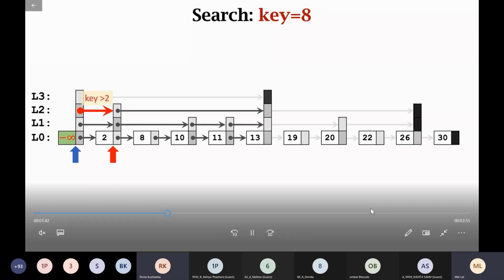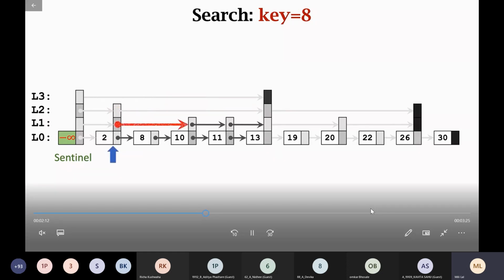Yes, it is connected to node 13. So you have to go one step below node 2. Because the key is less than 13, you go one step below node 2 and you go to level 1.